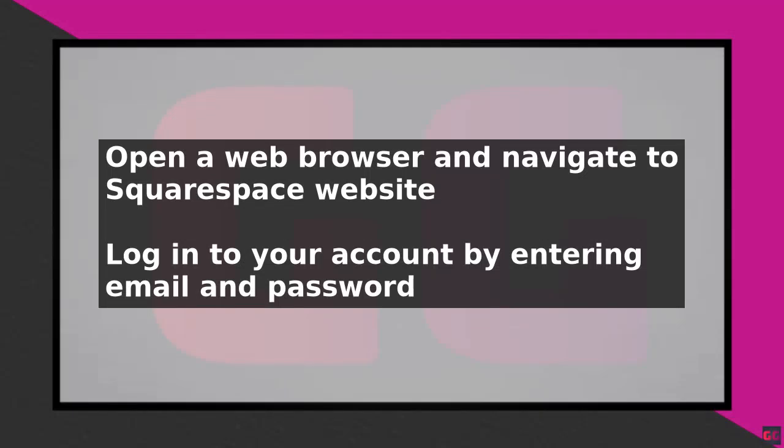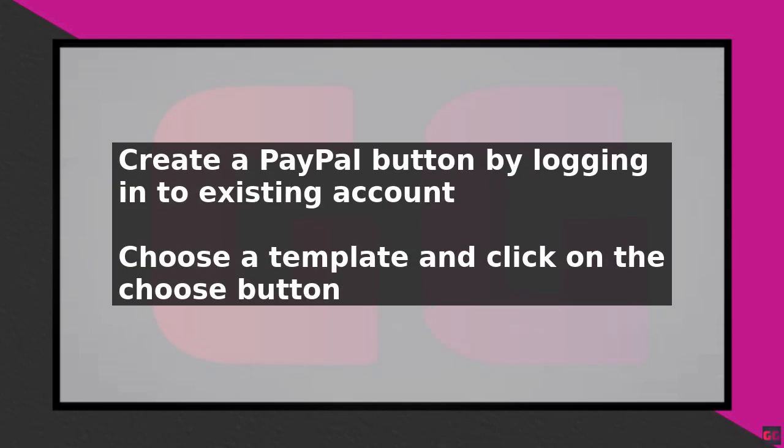To add a PayPal button to Squarespace, start by opening a web browser and navigating to squarespace.com. Log into your account by clicking on the login prompt and entering your email and password. Once you've accessed your account, go to the account dashboard and select the website where you want to add the